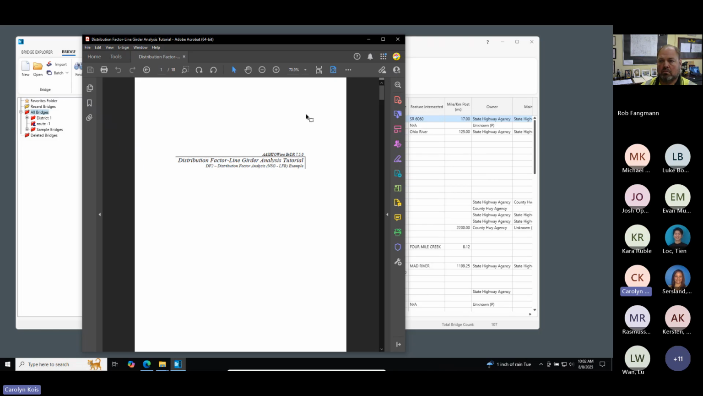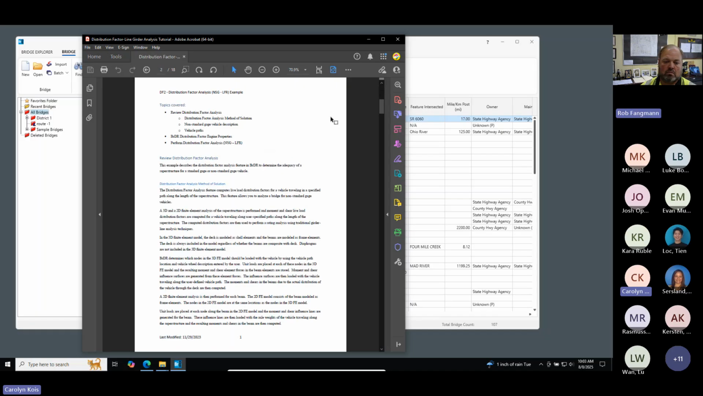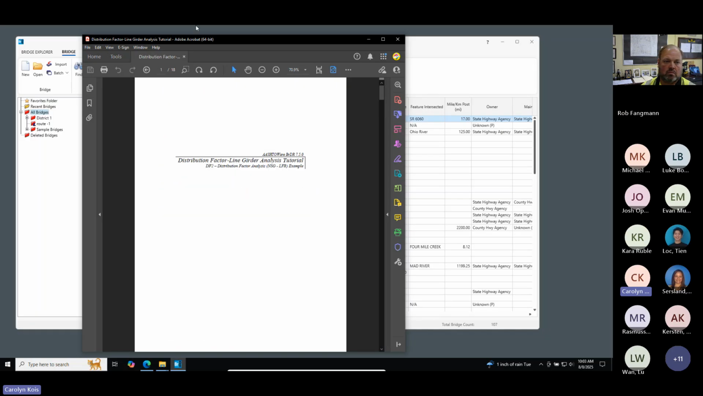one of the tutorials is this one here. It's the distribution factor line girder analysis tutorial. And this covers how to run a non-standard gauge analysis. If you have a chance to skim through, there is some good information in this tutorial about how the non-standard gauge analysis actually works. The short version of it is essentially that when you run this type of analysis, the